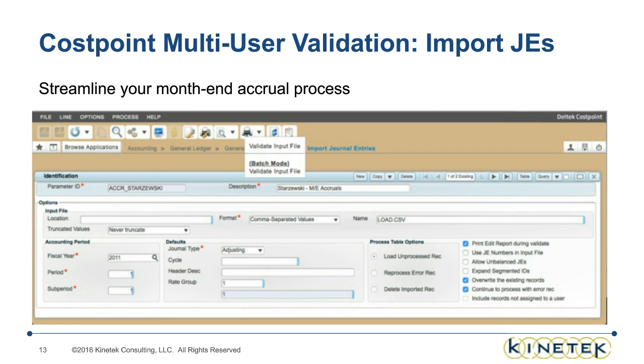Well, it means that I can have 50, 100, however many program finance people I have in the screen simultaneously, validating that the journal entry file for the accruals that they're doing is valid before it's being posted. And then once I've ensured that all of the codes are valid, then I can submit that to a process queue for import.